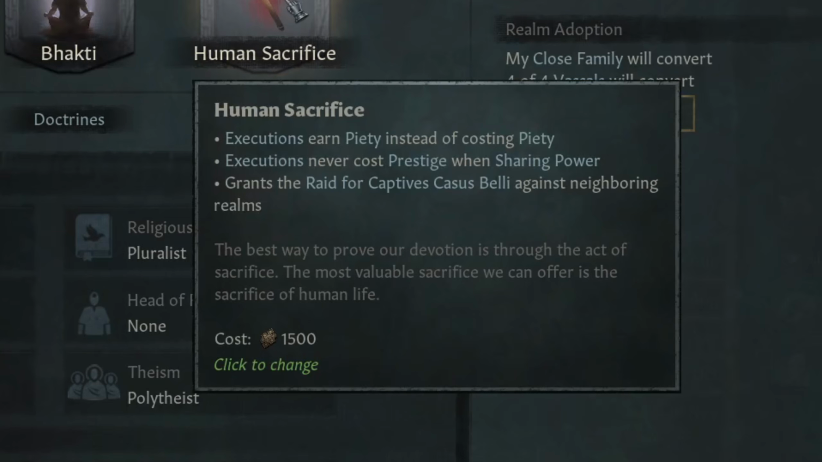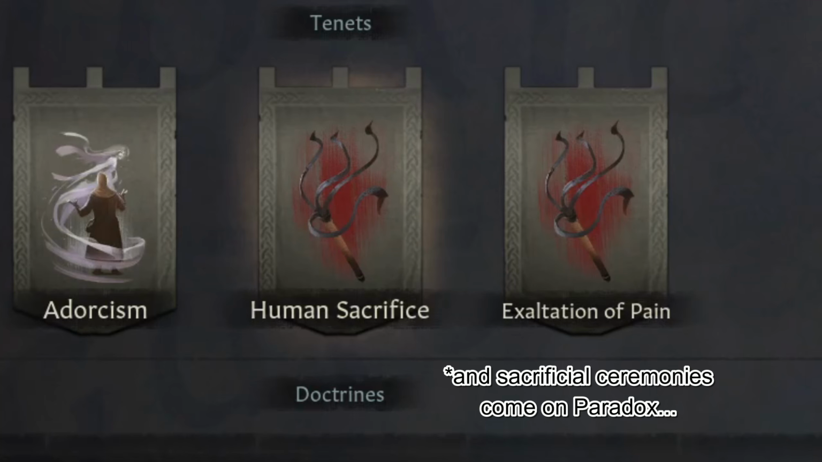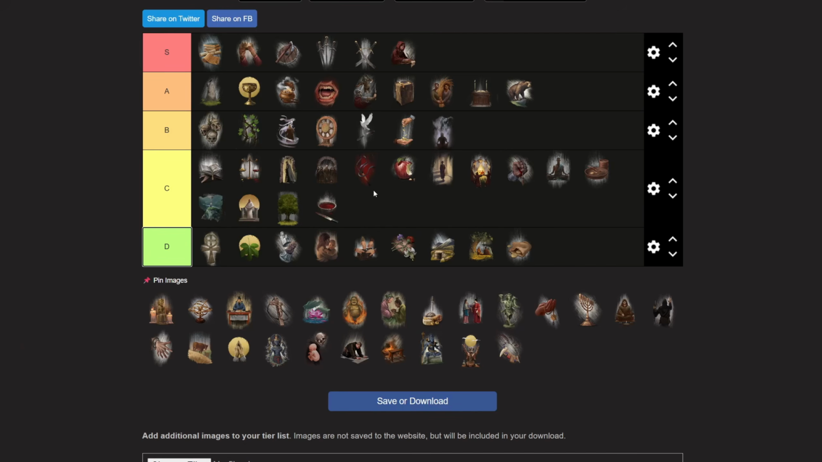Human Sacrifice is the non-DLC version, so similarly it's useful in the early game. It can be slightly more relevant because you can have the raid for Captus Casus Belli against neighboring realms, but nothing game breaking here. It also shares the same image as Exaltation of Pain, but they are both C tier